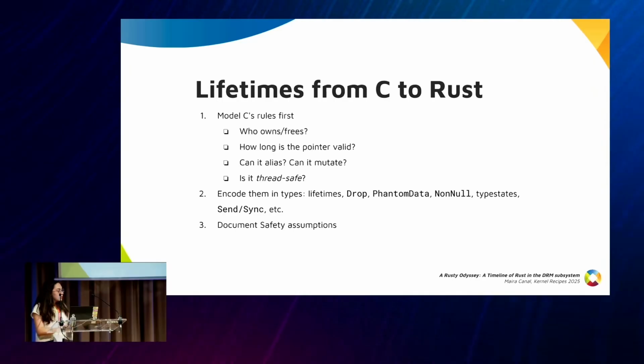I mentioned, I added a list of some things that we can, let's say, transpile, these concepts like lifetimes, drop, phantom data. But the general idea is just having this mental model of the lifetime of this C object and then turn this into Rust semantics. And finally, document some safety expectations. So as you may notice, you need to have a very clear vision of the object that you are modeling. And we need to make sure that its behavior is completely bounded and protected against undefined behavior.